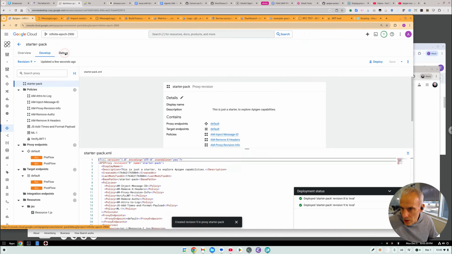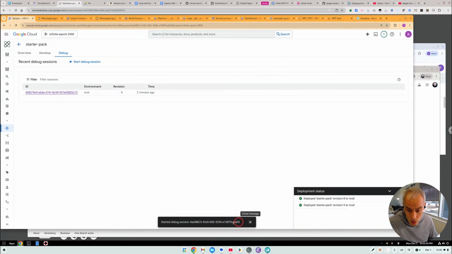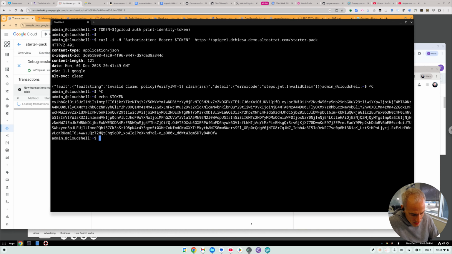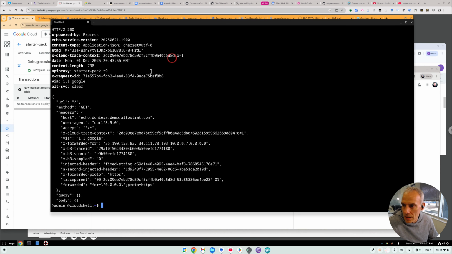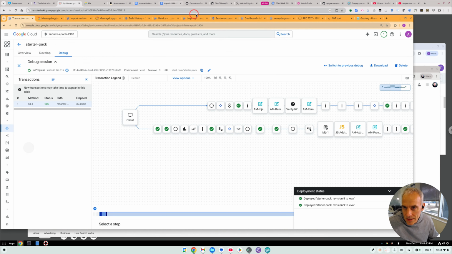We should be able to go to the debug tab and start a debug session as before, and then invoke again with that payload. So this is the same token. We're now getting revision 9, and it's gone through all of that. What did we change about this proxy? We didn't change anything in the handling of the request except for the message logging. So I'm going to send in a couple of requests, and where this shows up is then in the GCP